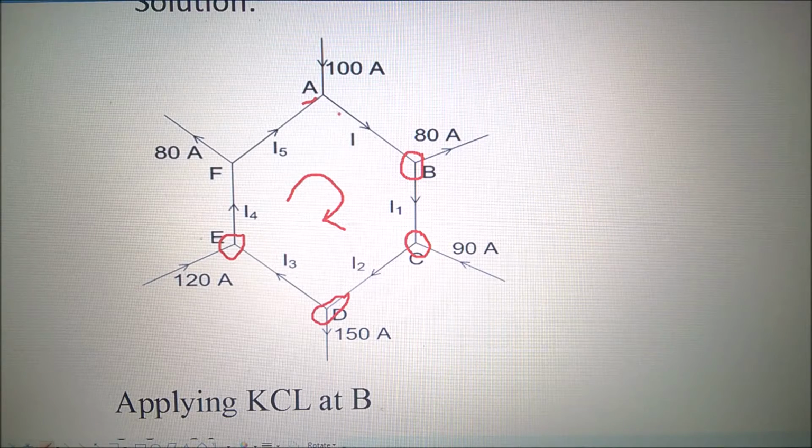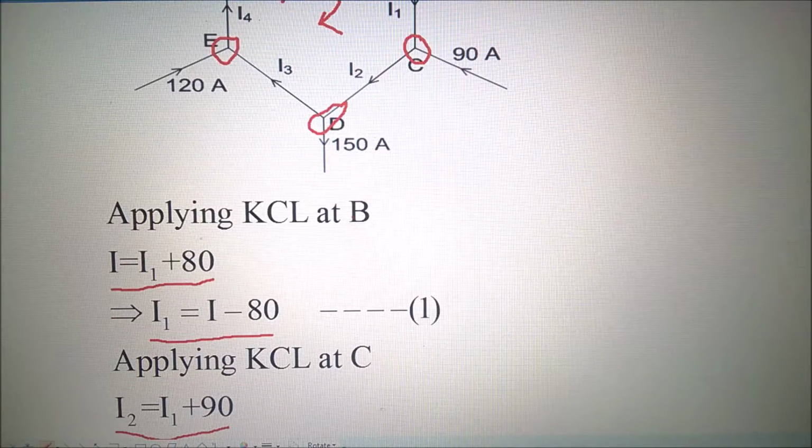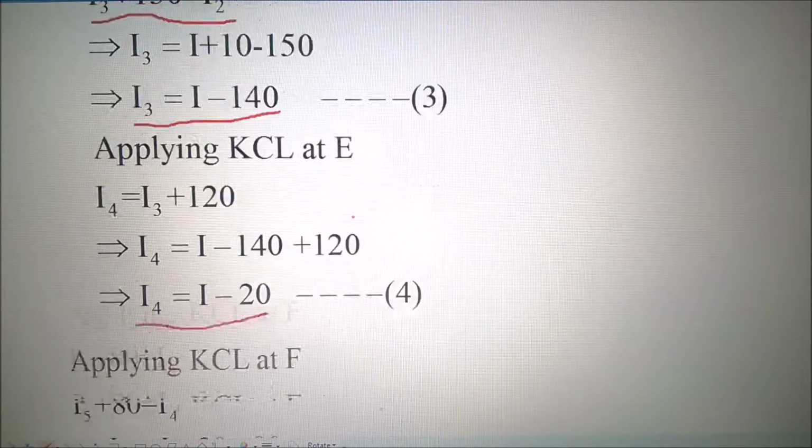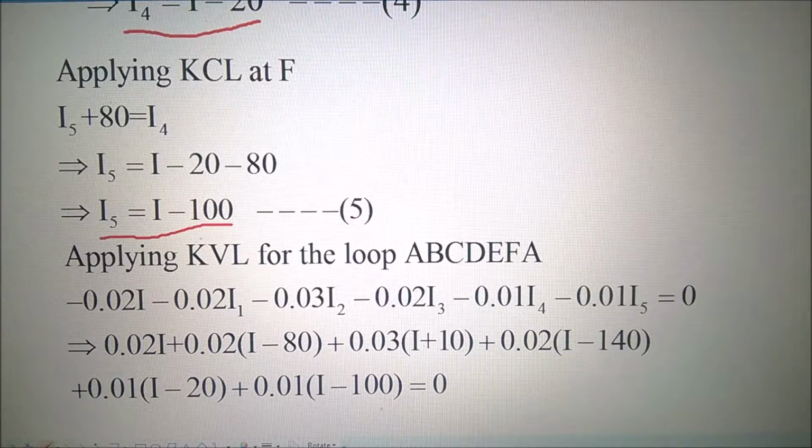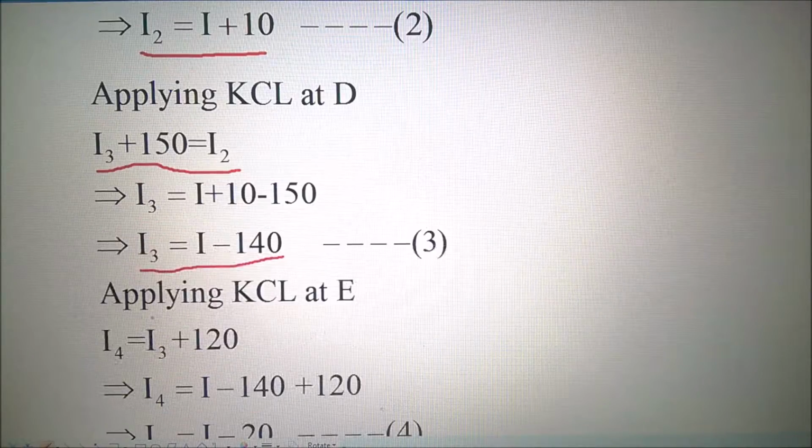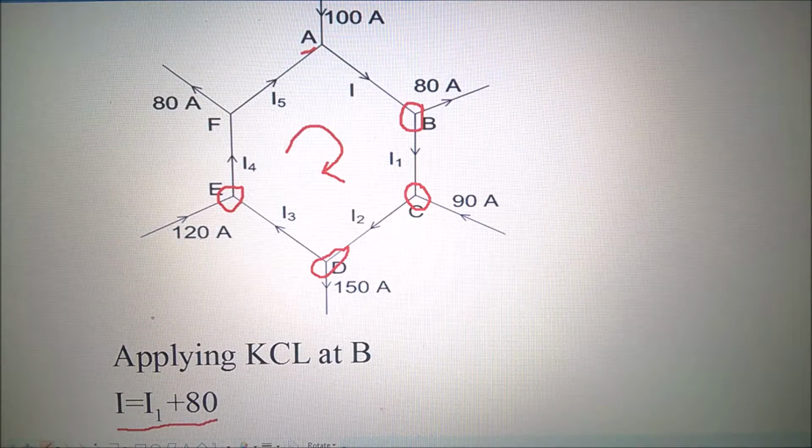Therefore, along the direction of current, it will be negative I into R. R is already given. Here also, the second branch, this is the branch AB, you can see,